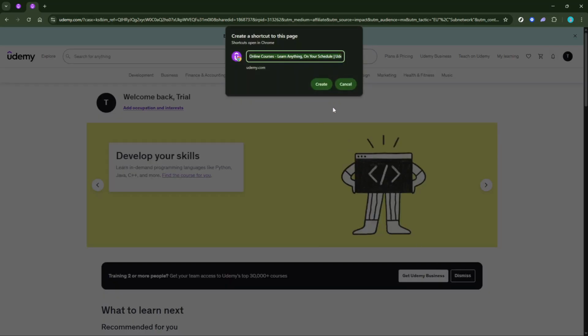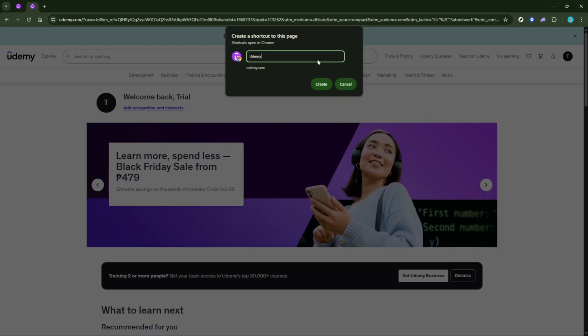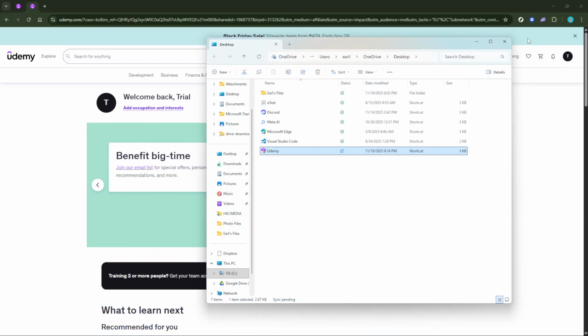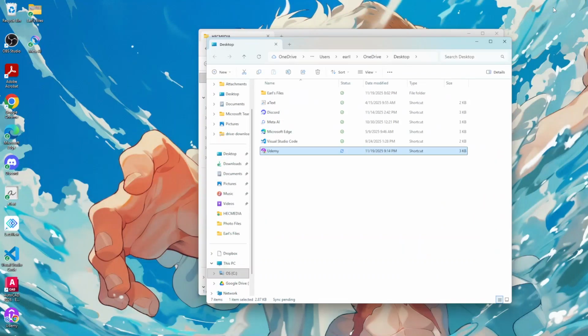After clicking on Create Shortcut, a small dialog box will pop up. This box allows you to name your shortcut, and you'll want to decide how best to label it for easy recognition. A simple choice like Udemy works perfectly. You'll also observe a checkbox that says Open as Window. Make sure you check this box. By doing so, you ensure that when you launch Udemy from this shortcut, it opens in its own window, providing an experience that closely mimics that of an app.